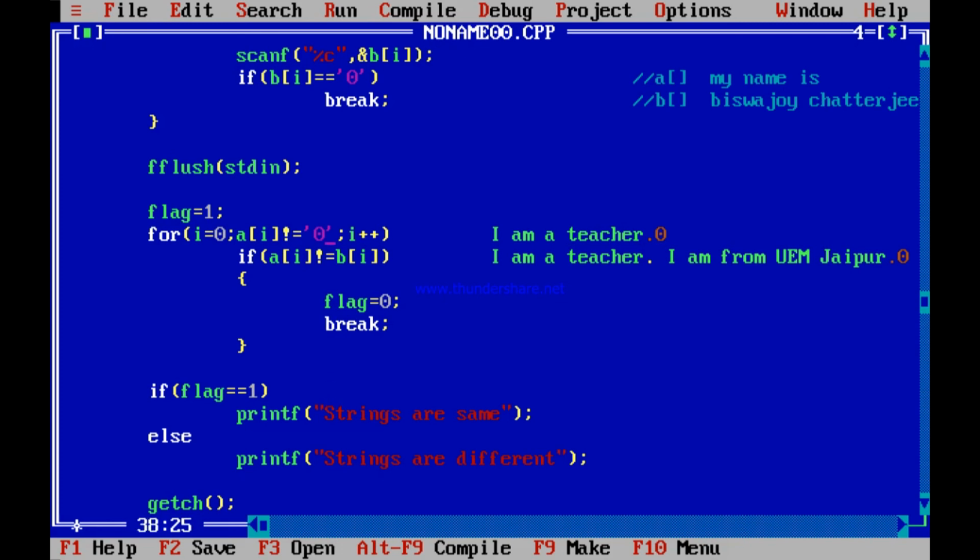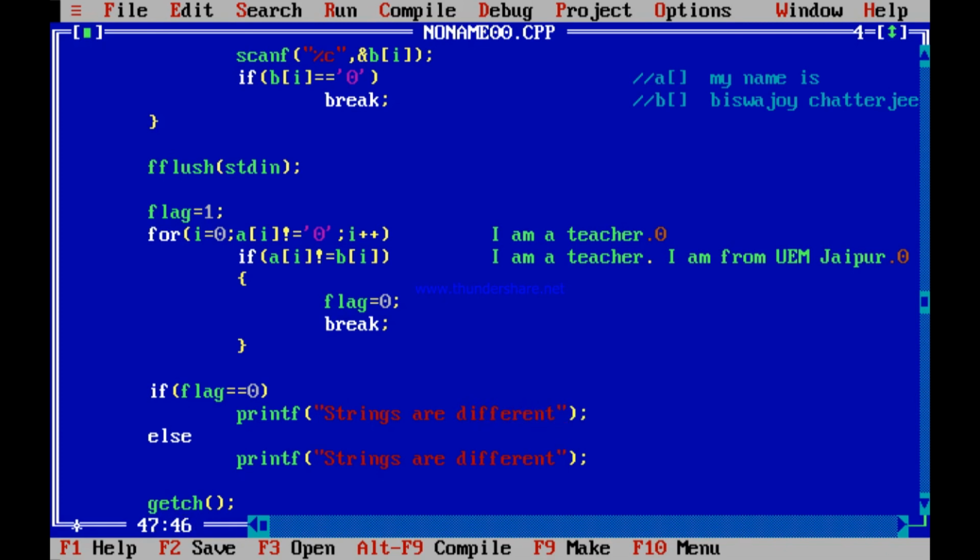You never entered this because till now everything was same. As soon as you found this 0, you break out of this loop. You don't see that the B continues. So when you break out, you have to check one thing. You are breaking out because A[i] is equal to 0. So if at any point of time flag is equal to 0, no problems. Let me write the program logic like this. If flag is equal to 0, no doubt strings are different.